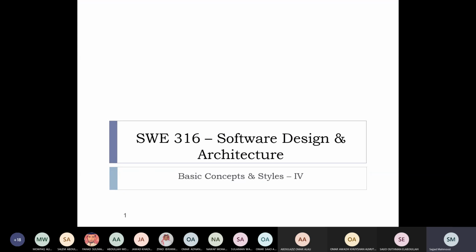Today we're going to, inshallah, try and finish the basic styles of architectures. Just to refresh the minds, we have been looking at some basic styles. We had a look at client server, pipes and filters, Blackboard, interpreter. And the other day we had a look at publisher-subscriber and event-based. So inshallah, today we'll look at